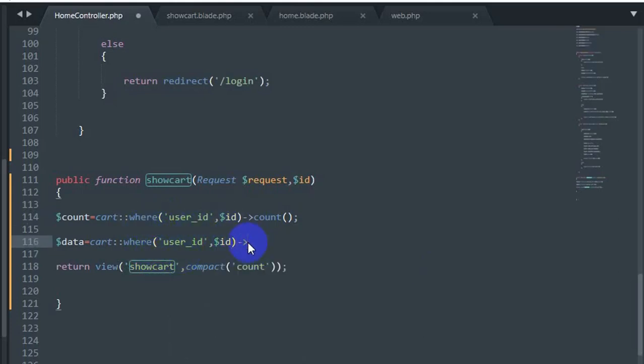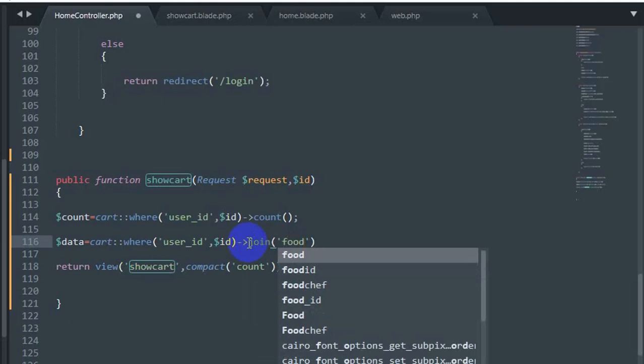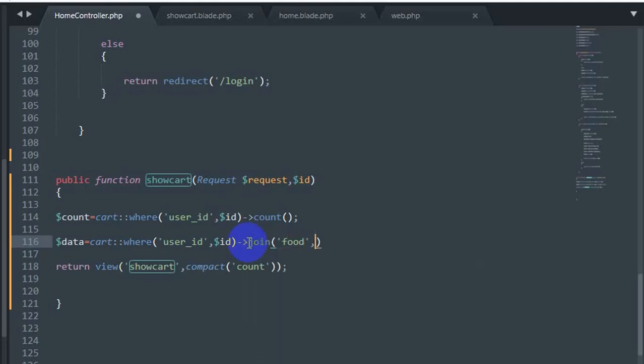We will just add a little something over here. We'll say join, we'll join the food table over here. So we need to mention the food table name, which was food, comma, what we are trying to get over here is the food table's data that matches with our cart table's food column, right?